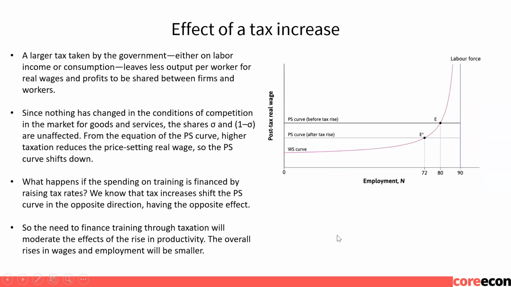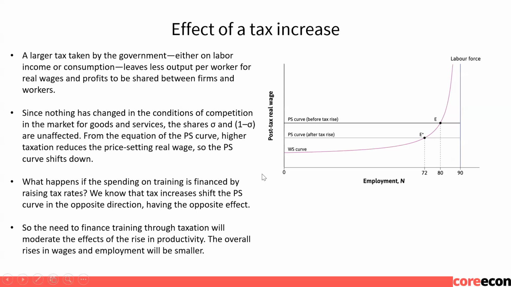Now, what's the effect of a tax increase? A larger tax taken by the government, either on labor or consumption, leaves less output per worker for real wages and profits to be shared between firms and workers. And since nothing has changed in the conditions of competition in the market for goods and services, the share sigma and 1 minus sigma are going to be unaffected. Notice again, we are assuming the profit share and labor share are determined by the level of competition in labor markets and the rest of the economy, the goods market. So as long as competition is the same, then we say that after tax distribution is going to be constant